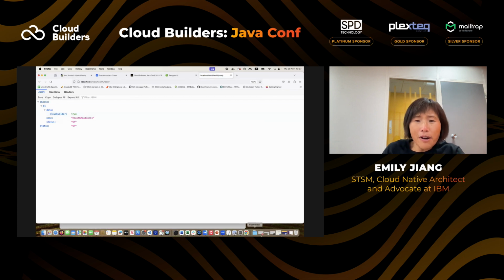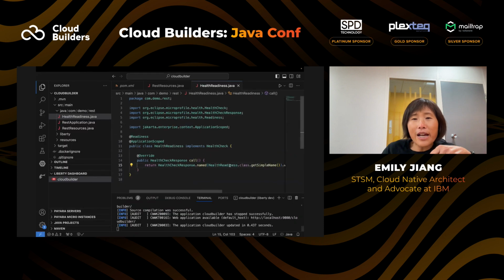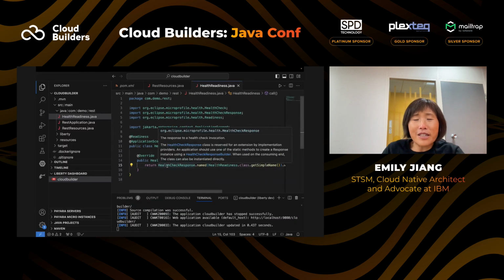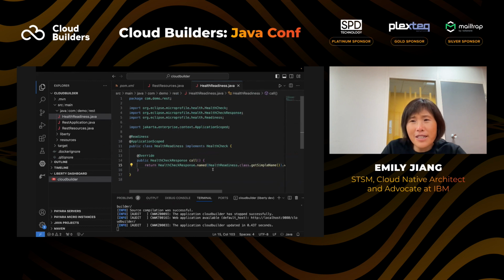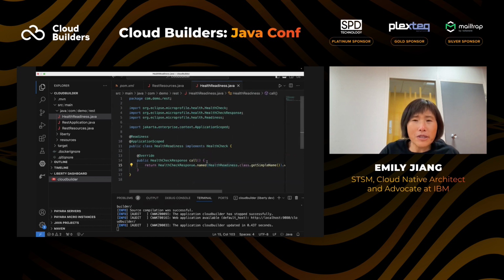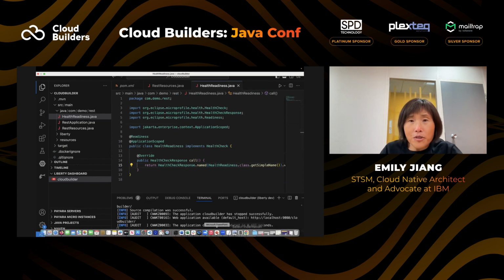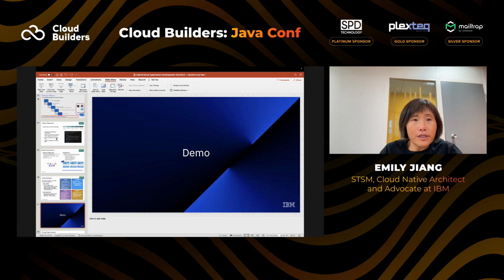This is very powerful because later on in your code, you can implement readiness. If you have a database, you check whether you can connect to the database. If yes, you say true. If not, you say no, you are not ready. With that, you can directly talk with Kubernetes. Let me go back to here.